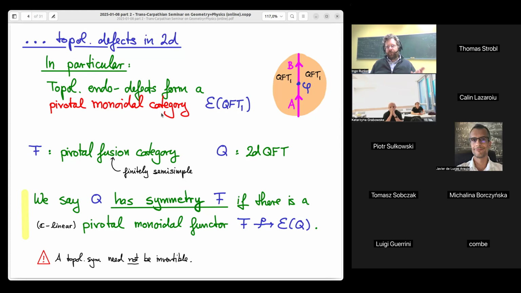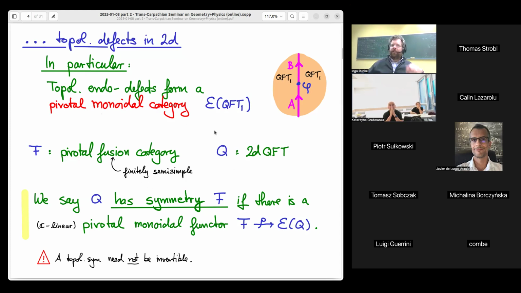because what precise categorical structure you have depends on how complicated your theory is. I'll try to make a slightly different point in a moment. But if you have direct sums and additive hom spaces, then it's something called an abelian category, or an additive category. But really, at this point, I don't need the direct sum. I just need that if you take a fusion, then you get another topological defect. It may or may not be that it can be decomposed in some way as a direct sum, but that sort of structure you discover afterwards.